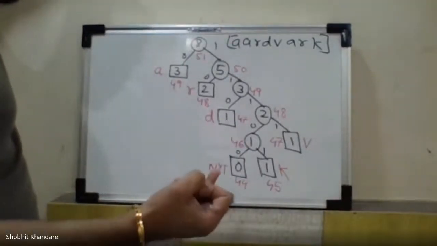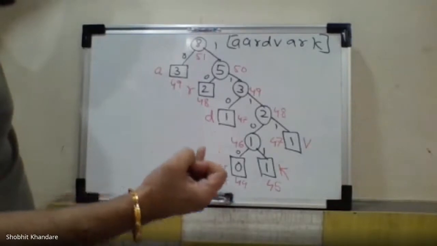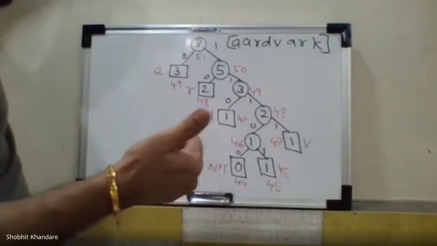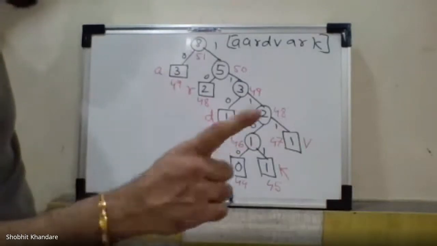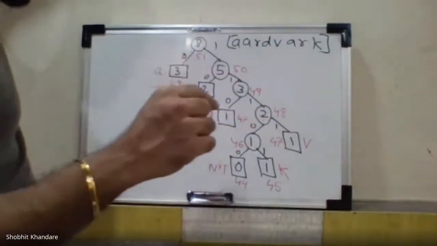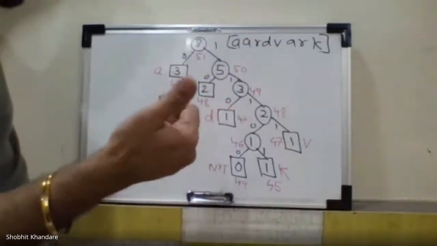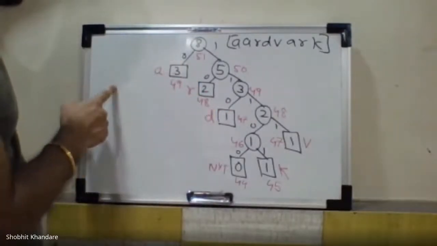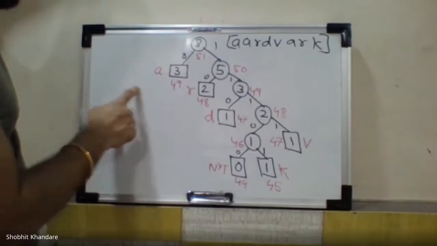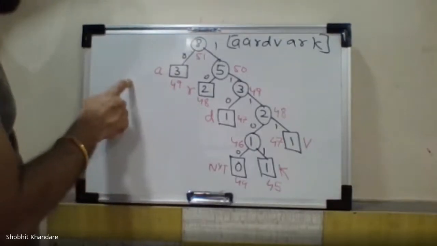So it was like we have to start with NYT. I have told you the values and the weight, and how you calculate the initial weight. Okay, so that is 2n minus 1. So 2 into 26 minus 1, 26 is the total number of alphabets, so it comes to be 51. So we have started with the NYT, the NYT with the weight of 51 and the initial value 0.